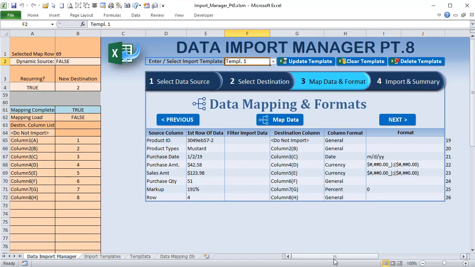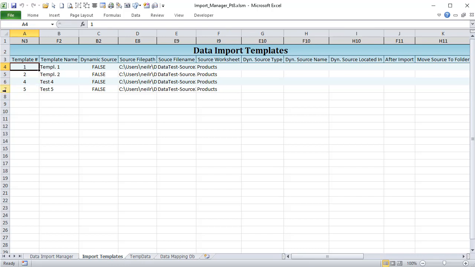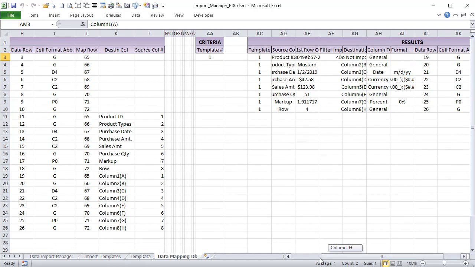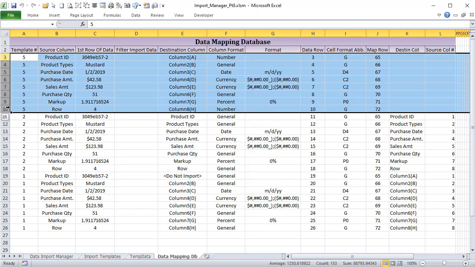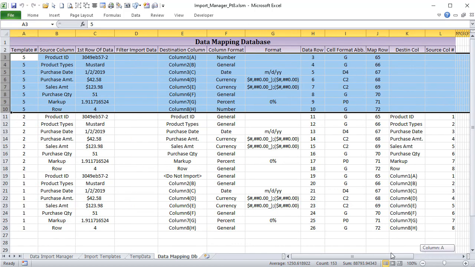All right, great. Let's show you how we delete templates. When we delete a template, we want to make sure we delete this row here, but I also want to delete any associated templates here. If I delete these rows, it's going to create a problem. I want to delete the results as well. So what we're going to do is